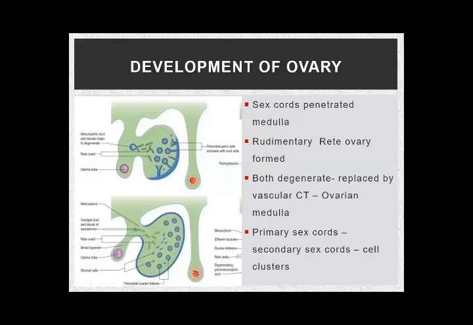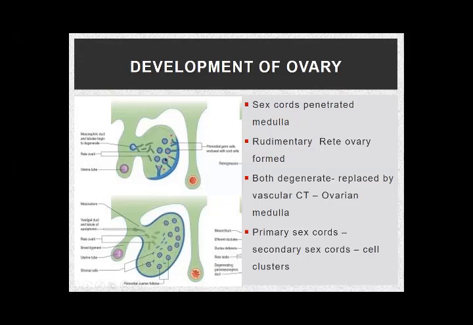Now, after the primary sex cords, the secondary sex cords form. बिल्कुल in the same way. Now, these secondary sex cords, they contain primordial germ cells. वही germ cells जो migrate किए थे from the epiblast into the endoderm of the yolk sac, and then along the allantois, along the dorsal mesentery of the gut to the gonads. ठीक है? These come to lie in the developing gonads, and they enter into